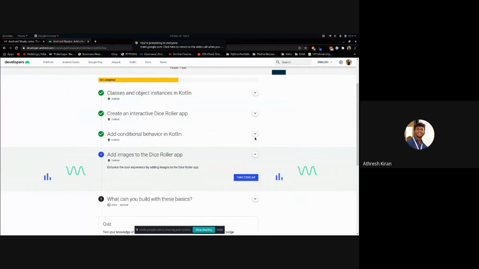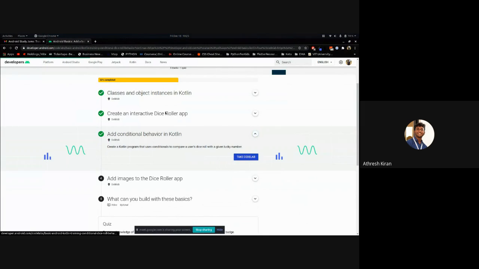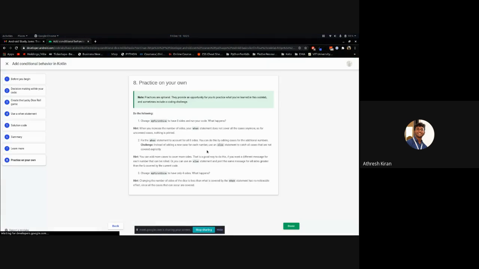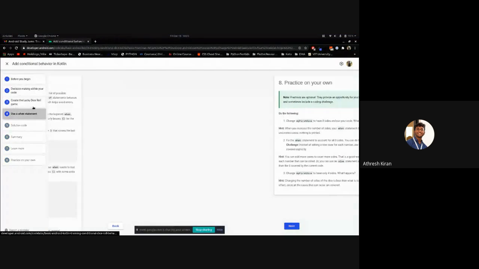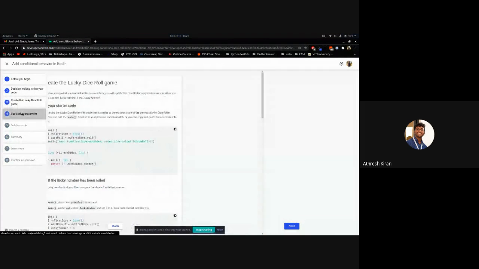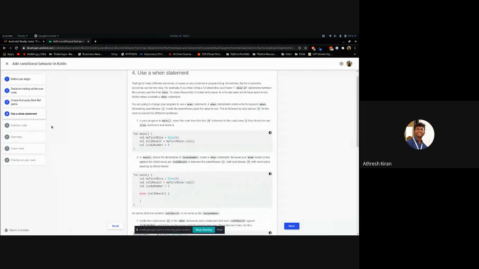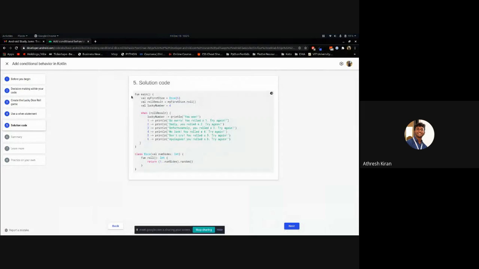Okay, anyways, we'll try to understand the code from the code lab itself, and we'll close in after that. So here we're first trying to make a statement which is going to return us. So this is the solution code, and we're trying to make a function which is going to return a random